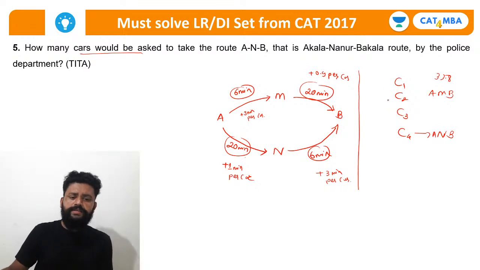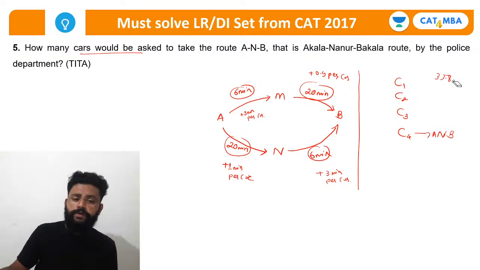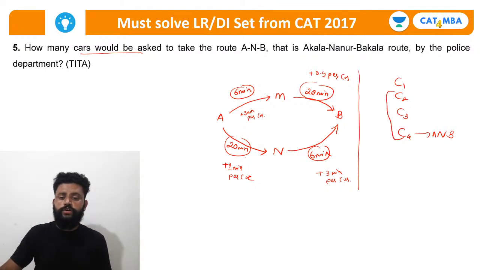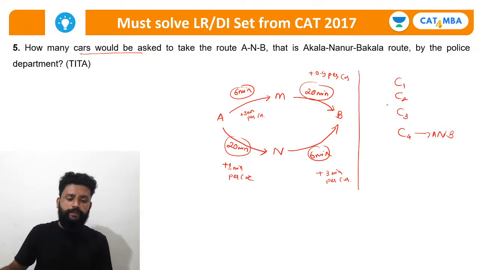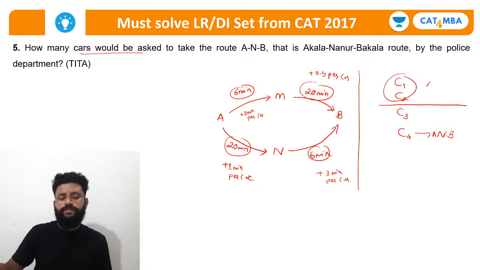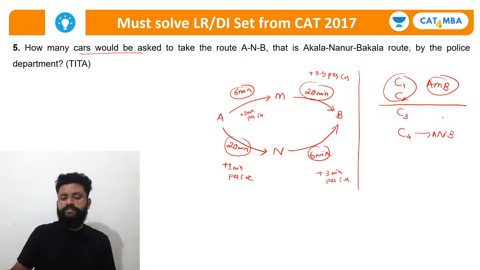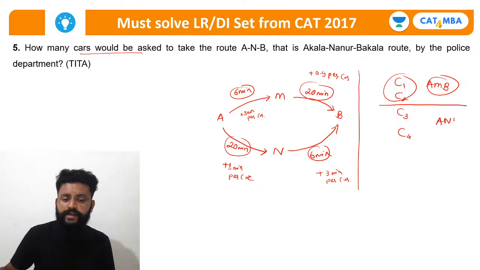तो ऐसा तो हुआ नहीं है, पुलिस ने पहले ही कार को अलॉट किया हुआ है सो दैट उसके बाद कोई चेंज ना करे। अगर तुम इन तीनों को लिया तो भी प्रॉब्लम है, तो हमें क्या करना पड़ेगा? अगर हम दो दो कर दें, दो कार को बोल दिया कि तुम AMB ये रूट फॉलो करो, और बचे हुए दो कार को बोला कि तुम ANB रूट फॉलो करो।